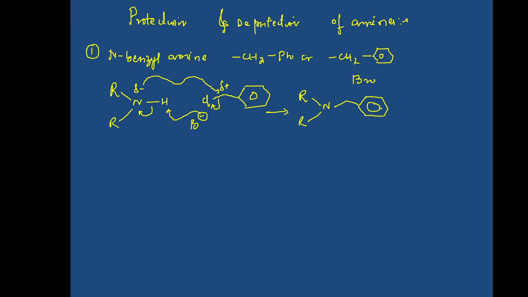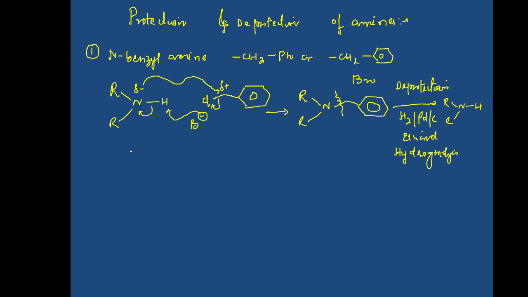Now once the amine is protected, at the end of the reaction we need to deprotect it. How is the deprotection brought about? When we have a benzyl group, that is the Bn group, then deprotection is carried out by the reagent H2, Pd/C in ethanol or in a protic solvent. Actually this reagent brings about hydrogenolysis. Now what is hydrogenolysis? It is basically the cleavage of this nitrogen and this benzylic carbon bond. Once this group is removed, we get back our amine. This is called deprotection. This is how deprotection can be brought about.